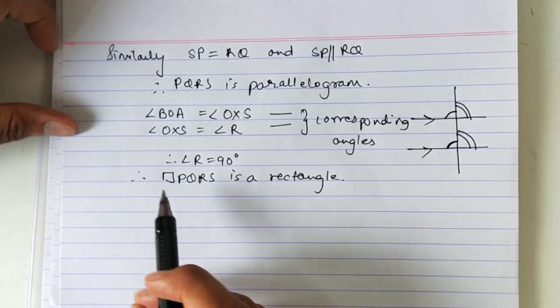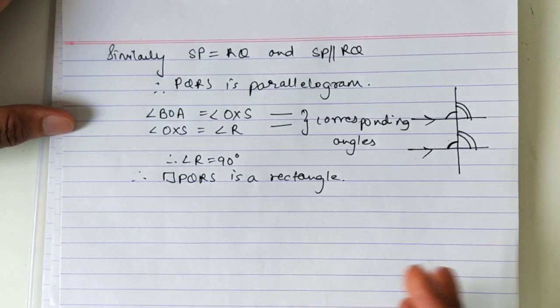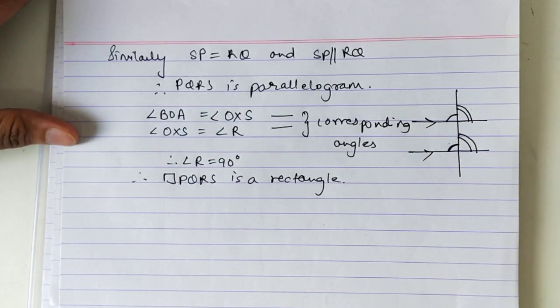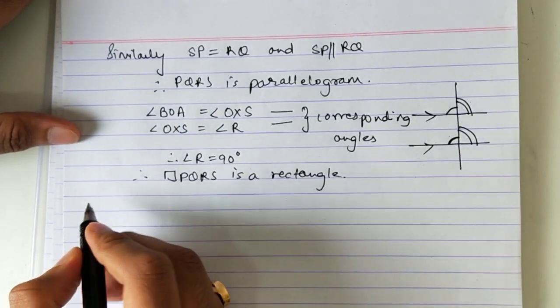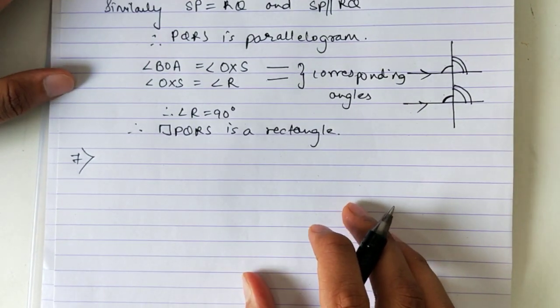Okay, now after this I'll do some selective sums first, which are very important. Then we'll complete the remaining part of the exercise. Let's do the seventh sum. Seventh sum is a small sum, not so difficult.